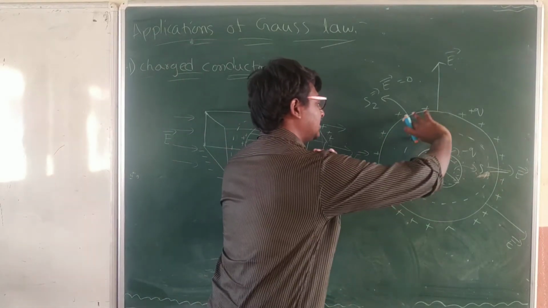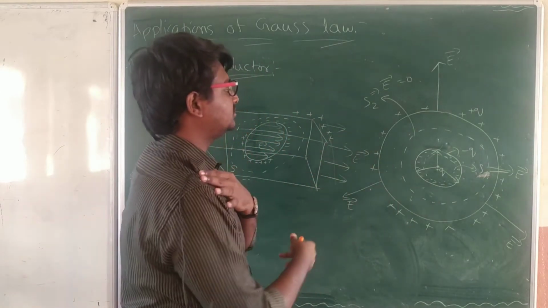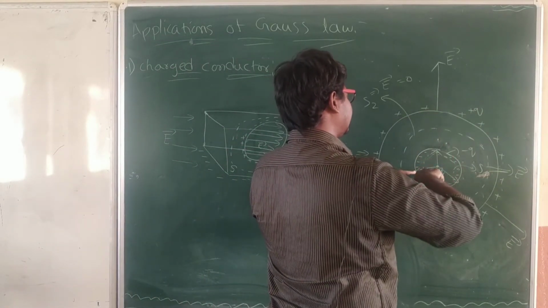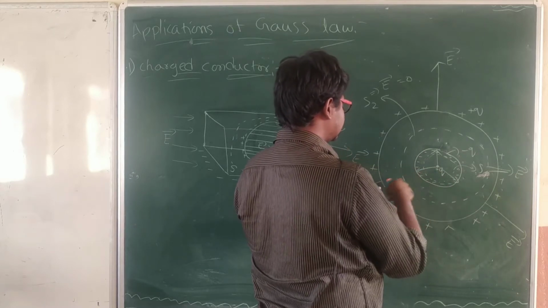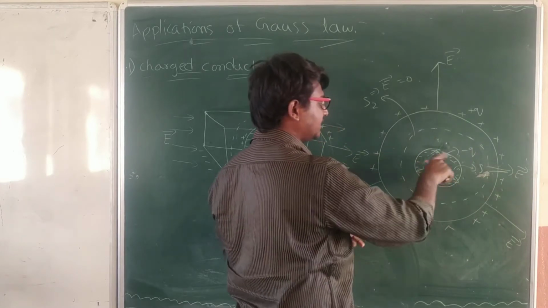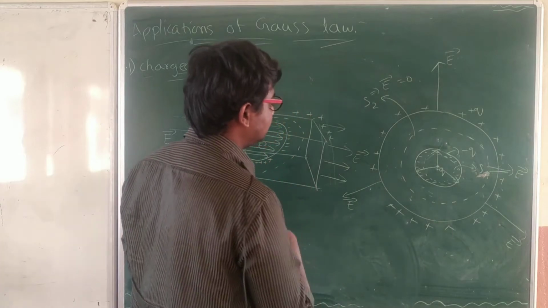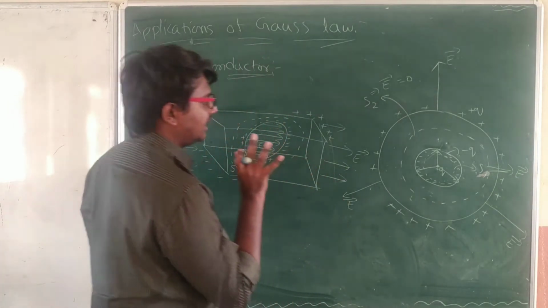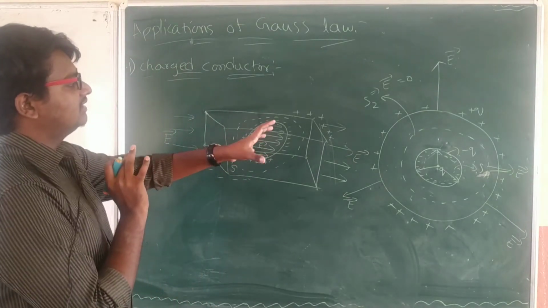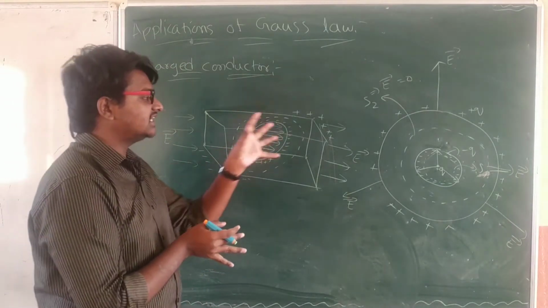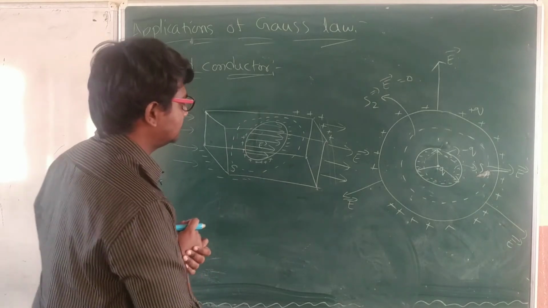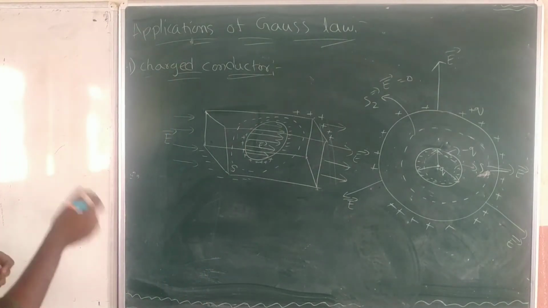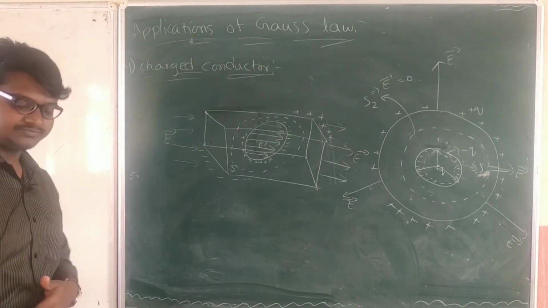It means here you are able to observe the absence of electric field. Immediately from here to here it is skipping. This area got skipped by the electric field. In that skipping region, what is there? Simply a conductor. That's it. In this way, the electric field will behave inside the conductor. I hope you understand. This is all about the charged conductor. And now we will move on to the next one.